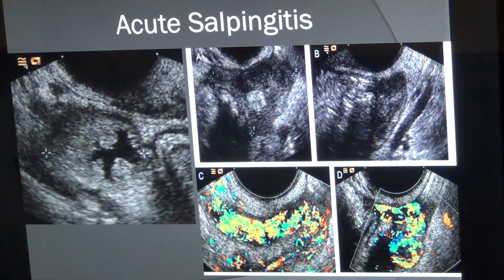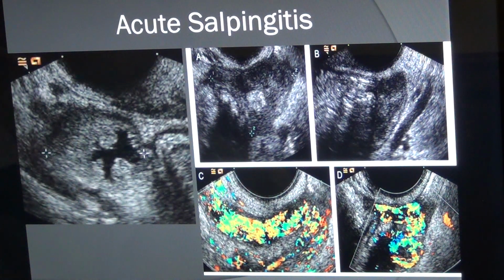And you will see that cavity or dilated tubes in the pelvic area, and the patient will give you a history of severe pain, and you will get tenderness. WBC count will be high, and the patient may give you a history of sexually transmitted diseases. And if the patient is showing the dilated area of fluid collection, it looks like a tube, a snake-like tube,